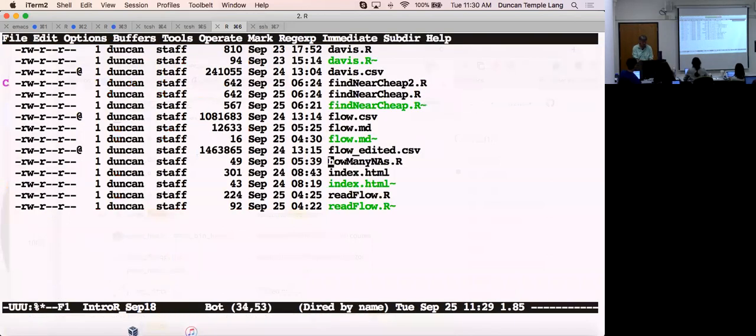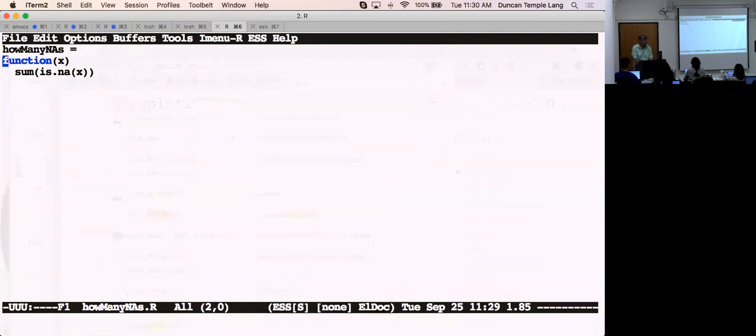And this one, how many NAs? That's an even simpler function. This is the one we just wrote. We put it in a file, we can source this in. It just takes one argument, no extra things. You can only specify its input, and it assumes a vector, and it just goes ahead, does its thing, and